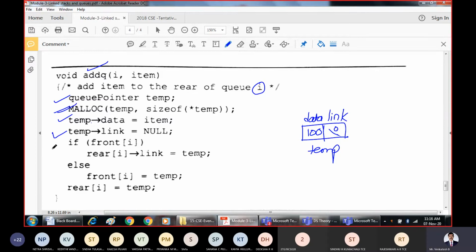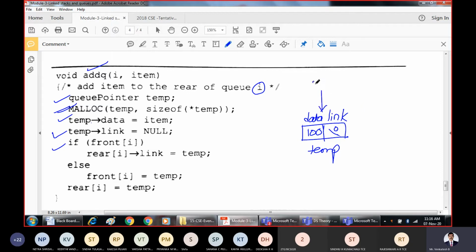If front of I is null, what it indicates is that there are no nodes, then rear of I pointer link equal to temp. So this itself will become the very first node, and that is what we are doing.